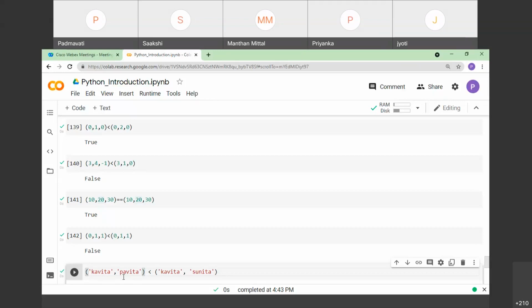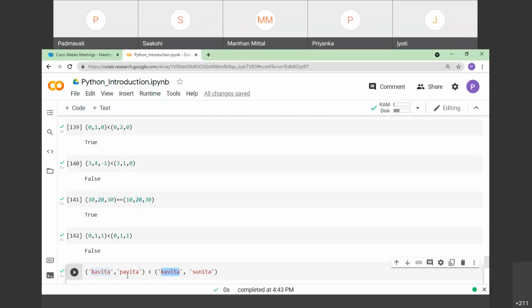For example, strings. I have two tuples. The first tuple's elements are Kavita and Pavita, whereas the second tuple's elements are Kavita and Sunita. So what will it check here? I'm looking at the less than operation sign. This element will be checked with this particular element.